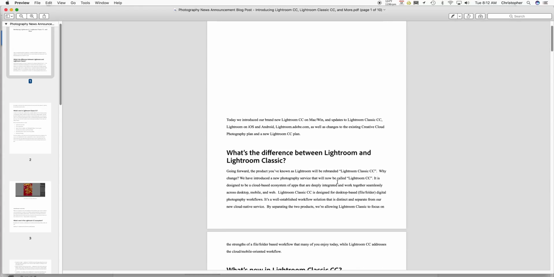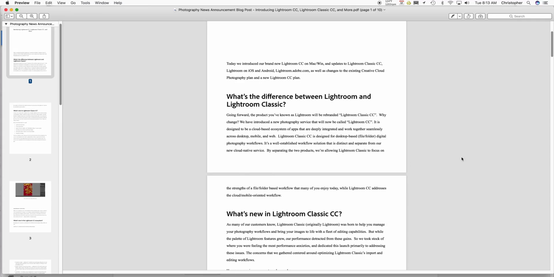So what's the difference? Essentially, you can read it right here on the screen. But Lightroom Classic is the Lightroom that we knew and love, and there are a couple of new additions to it. And then Lightroom CC is this new thing that's targeted to photographers that don't understand anything as far as the sliders go. So they don't know what clarity does, they don't really know what brightening and exposure does. They've most likely never heard of dodging and burning either, even though those terms aren't even in Lightroom or anything like that. So they're finding a way to basically take the same thing and kind of simplify the language